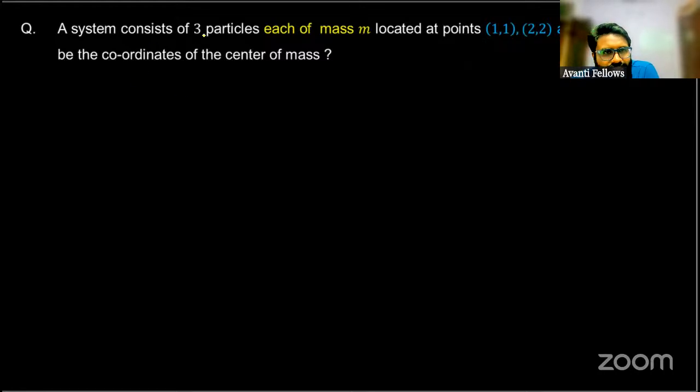A system consists of three particles, each of mass m, located at point 1, 1, 2, 2, and 3, 3. What will be the coordinate of the center of mass? बताओ, यहाँ पे तीन पार्टिकल हैं और तीन आपको दिए हुई है उनके लोकेशन एक्स और वाई, यानी कि जेड कोऑर्डिनेट नहीं है, तो जेड कोऑर्डिनेट विल बिकम 0, जेड सी एम विल बिकम 0।